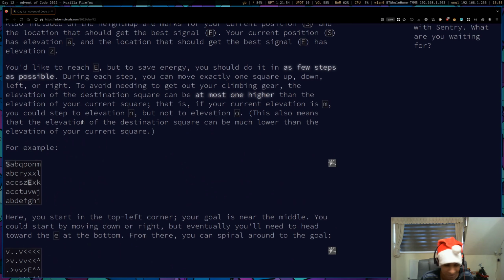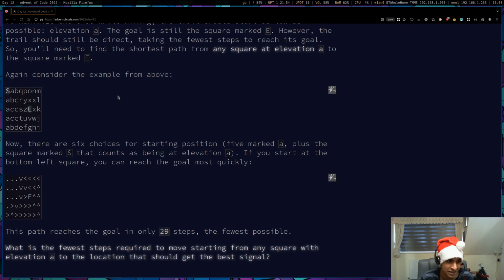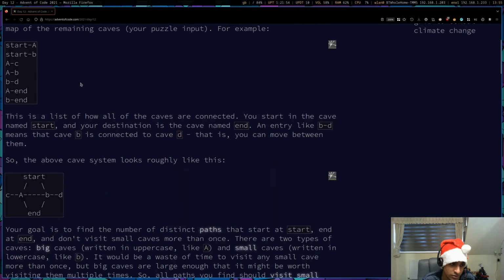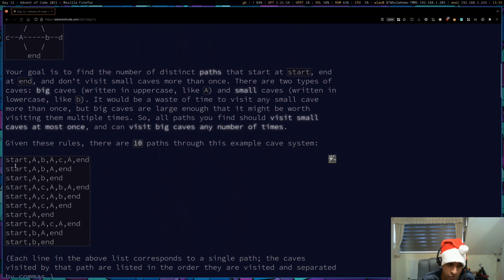Loving the grid graph problem again. Haven't seen one of those this year so far, but now we have day 12. Similar timing to last year actually. I think last year day 12 was also a graph. Yeah, it was also a graph. It wasn't a grid graph, but it was still a graph. But anyway,